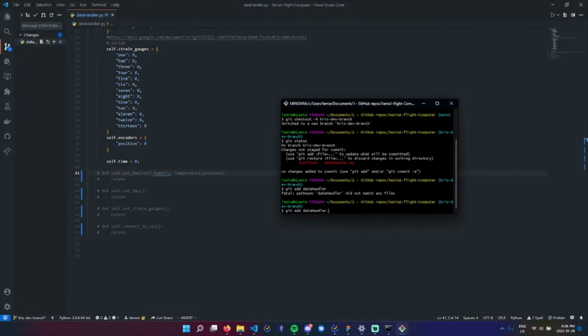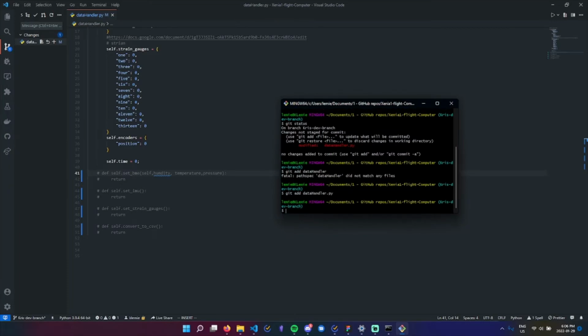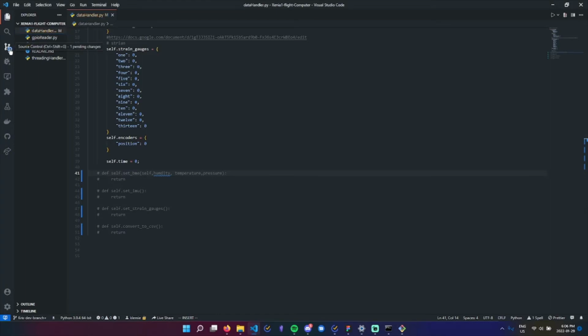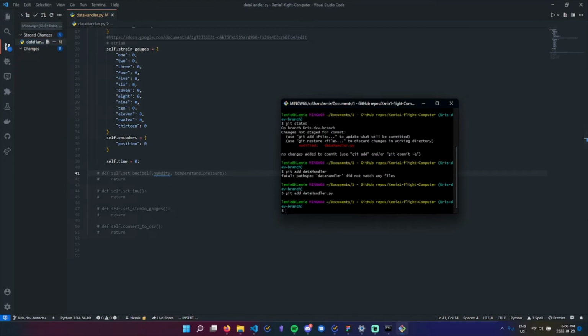Sorry, I forgot the .py. So what that'll do is stage my changes. It will not update super fast, and it won't update in VS Code. See, look, now it updated in VS Code. This change is staged. And then I could do a git commit